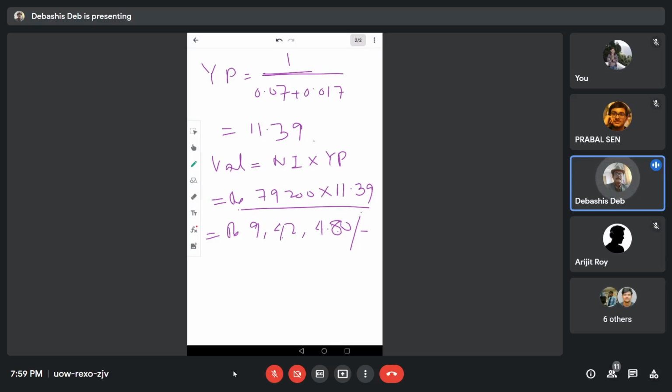Okay. This much is the value. But after 30 years, in the second case, now he is having the land. If I consider that the building has collapsed, at least he is having the land. This much rent, 9,40,000, is being obtained for the initial 30 years for land and building. But after expiry of the useful life of the property, at least he can sell the land. So then write down